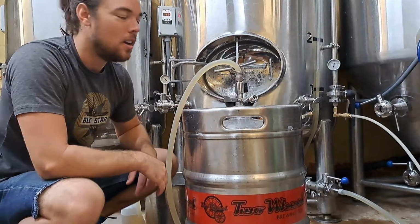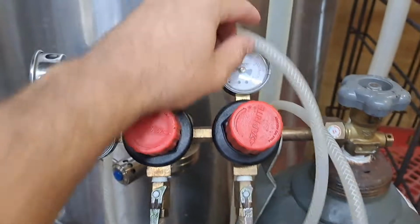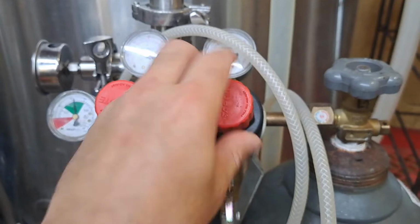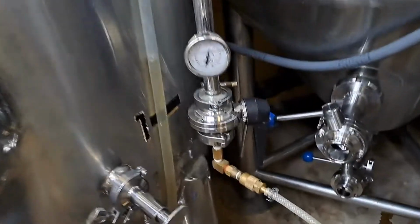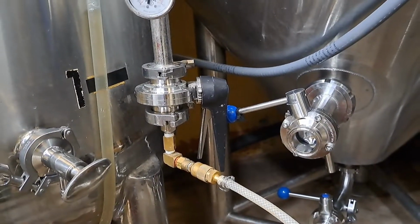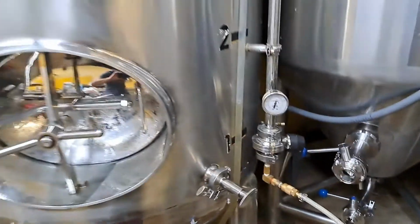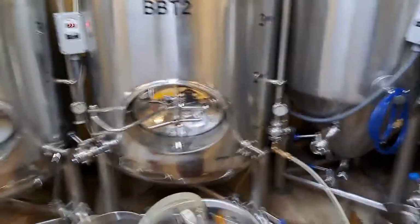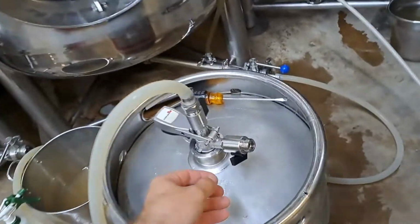just for sound quality, I have my bulk CO2 tank over here. It's sitting at about 13 psi. It should be set at 12-ish or whatever, so I'll turn that down a little bit. It's coming out of this CO2 hose, and it is going into the blow-off valve of this tank. So it's pressurizing this tank, or keeping pressure on this tank as we're filling the keg, so that we don't bleed off all of the pressure that's on this tank, and we get even, consistent flows throughout the whole process. So I'm going to crack this back open,